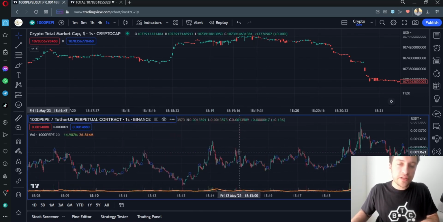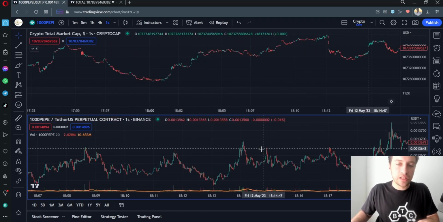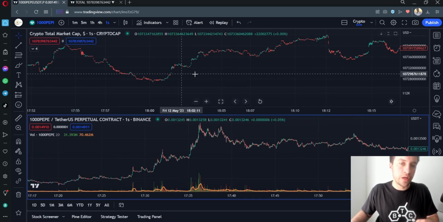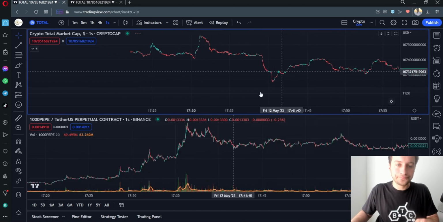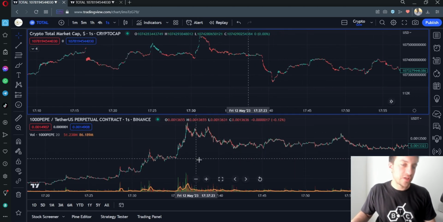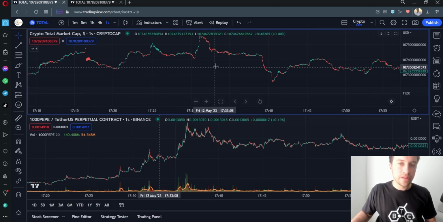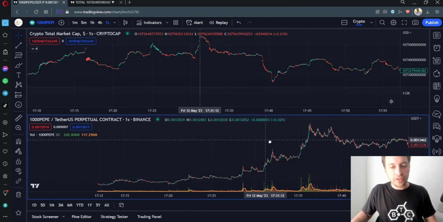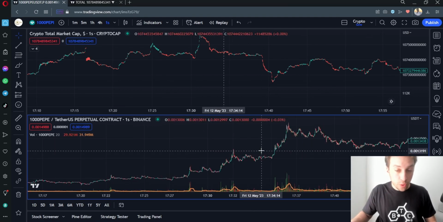Okay, so this is a mean reversion strategy that basically looks at the market cap, sees what the market cap is doing to assess whether or not the move will continue. Now, of course, this isn't always going to work. There will be situations where Pepe will rise, the market cap will do nothing or fall, and Pepe will keep rising, of course. But more often than not, what you're going to see in the very, very short term